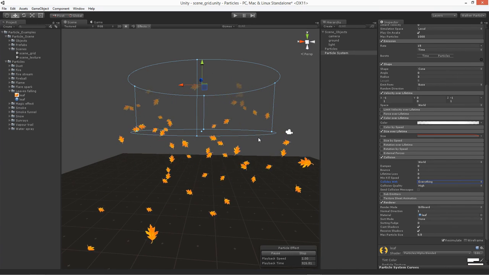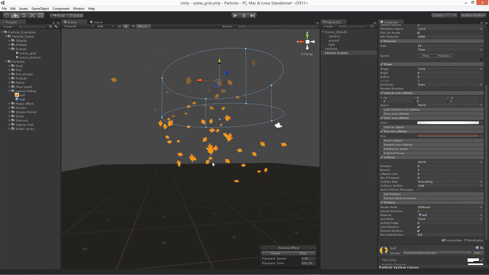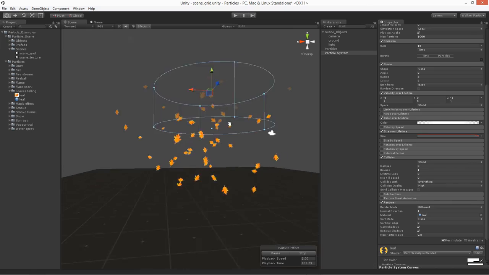Now if you notice, when you do collision, if you check out what's happening right now, is that they come down, they hit, and they bounce. When you turn on collision,